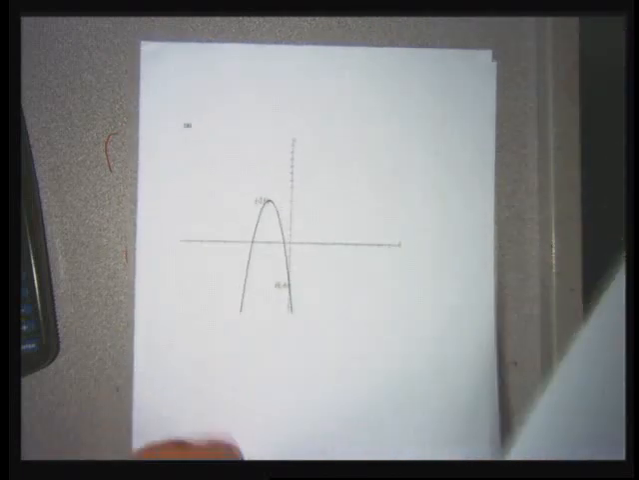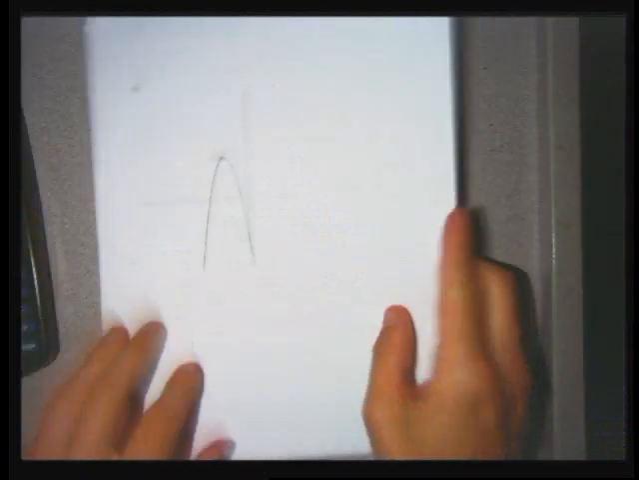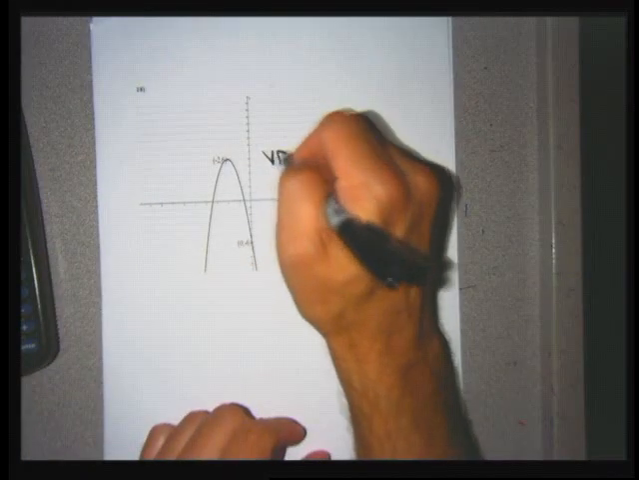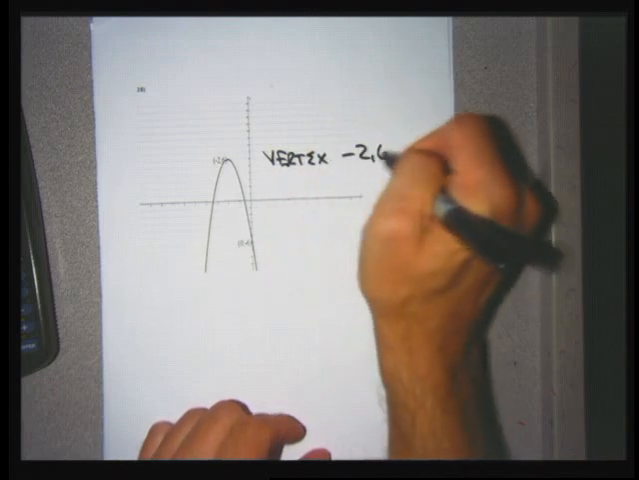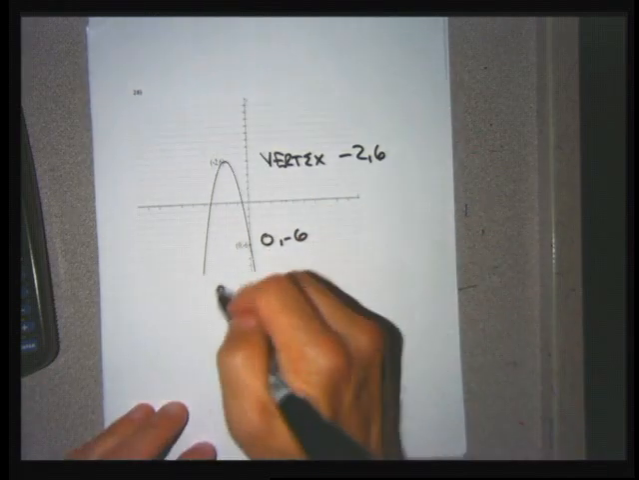For number 28, I know that a has to have a negative in front of it because of the flip over. So this problem has a vertex of negative 2, 6, and an extra point of 0, negative 6. Let me do this. So my initial equation,